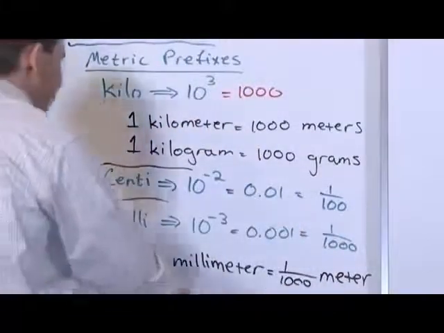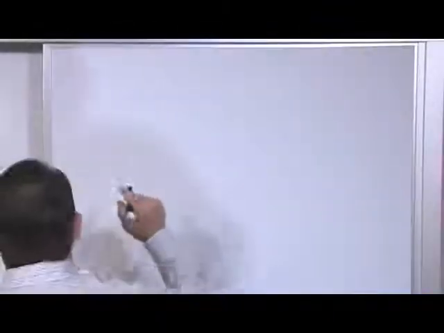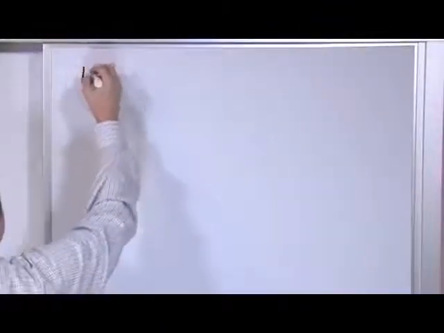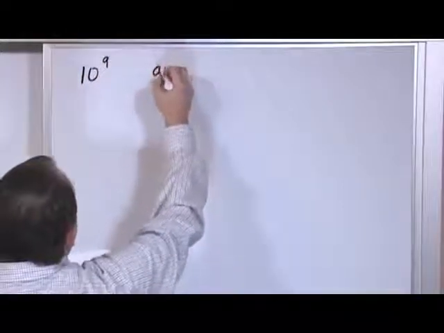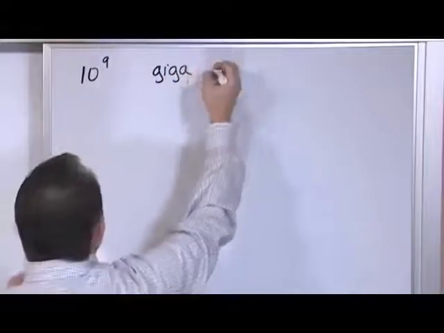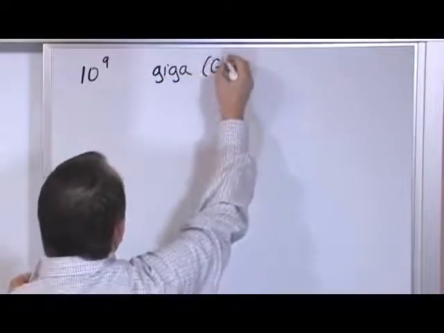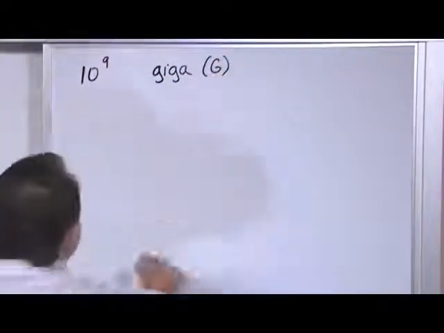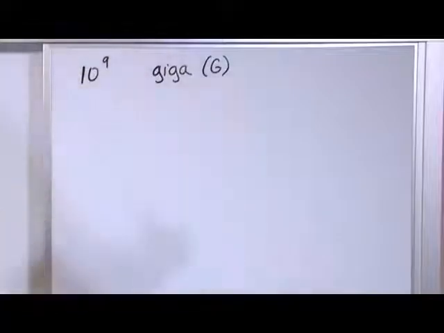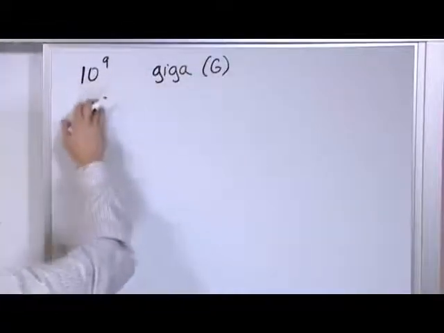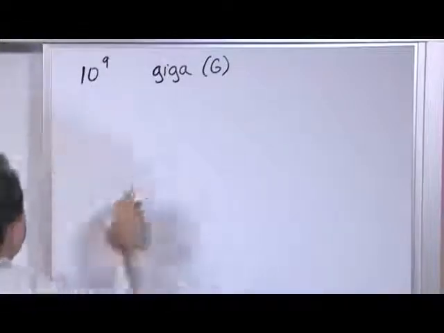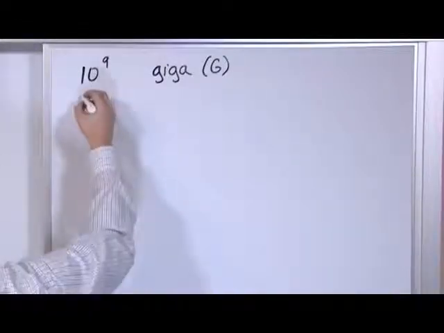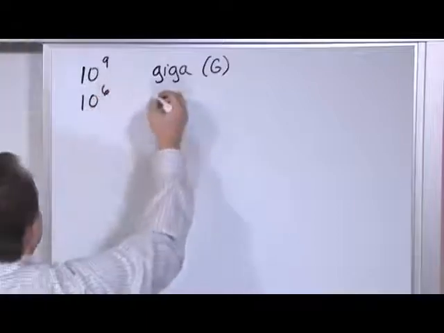Now, let me write a little table for you, just to help you out. You're going to probably find this in your book, but just to help you out. 10 to the 9 is giga, right? We represent that with G. You might have heard of gigawatts of electricity. That's a huge unit of power. That's 10 to the 9, right? That's a lot of zeros here. That's like a billion of something. That's giga. Then you have 10 to the 6, which is mega,